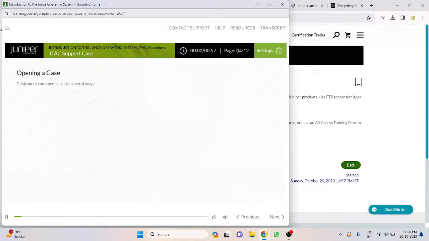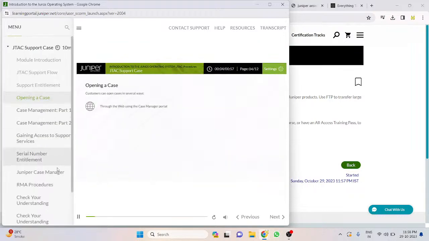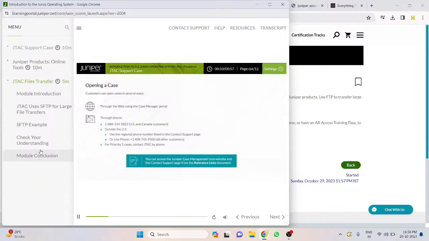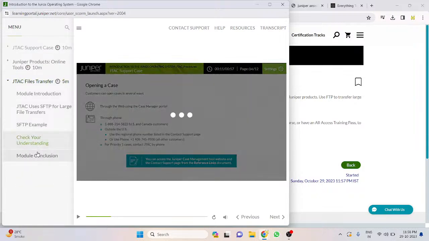Customers can open support cases using the Juniper Case Management Tool website or over the telephone. Note that you can access the Juniper Case Management Tool website and the contact